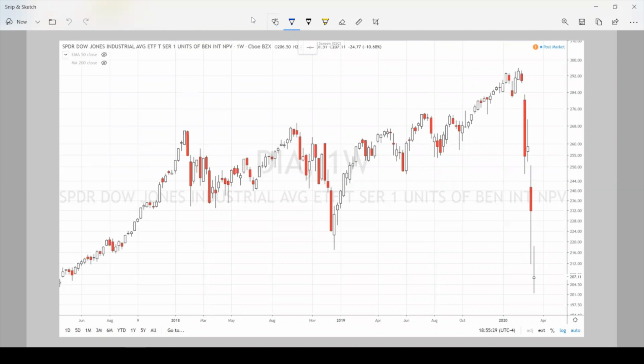Looking at the screen, the Dow Jones ETF. So what happened today? Well, this was last week and this is today. Now, why am I looking at the weekly chart and not the daily? Well, given the way the market has been trading,